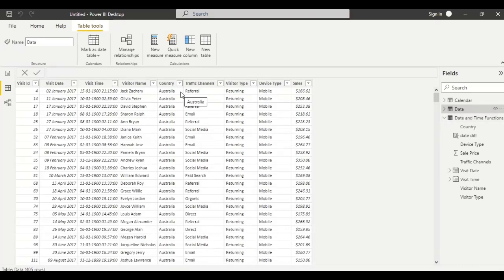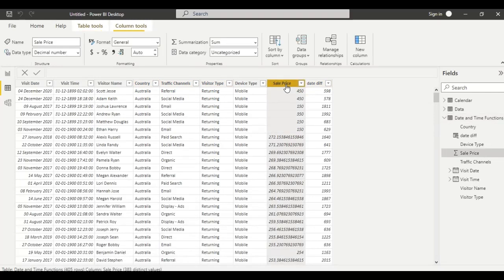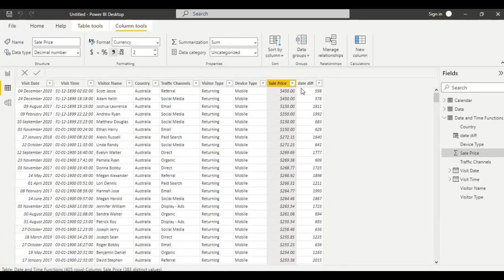Here we have the table as date and time function table. Here we have the sales price. Let us correct it. So this is the sales price. First, let us calculate the total sales and then calculate the total sales for a particular period.